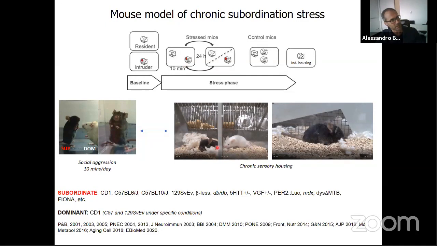And then, very importantly, we leave this animal in sensory contact for the rest of the day, and really for as long as you want. Most of the studies I am going to show today are going to be in the range of weeks. There will also be a lifespan study at the end of the talk. And out of this confrontation, one of the two animals, almost invariably the C57 in this example, will become subordinate, will be an animal of low social rank. And you can really use this paradigm for any strain you want. If you are interested in studying social dominance, then send me an email, because the situation is much more complicated and we are much more limited in what we can do.